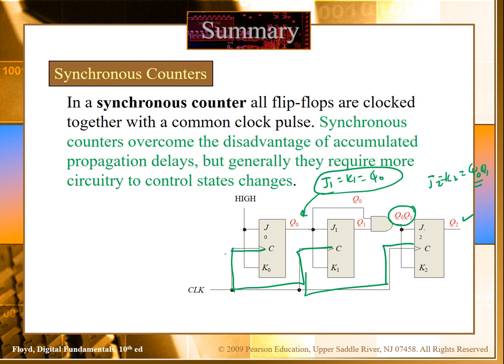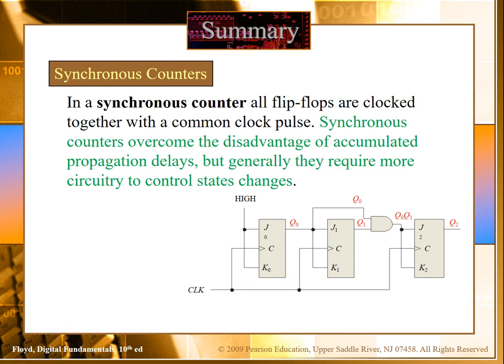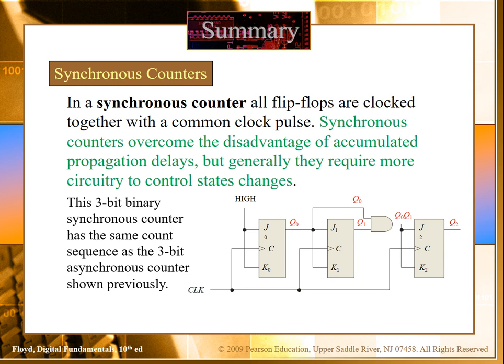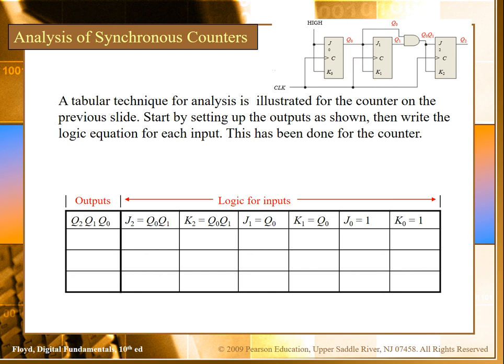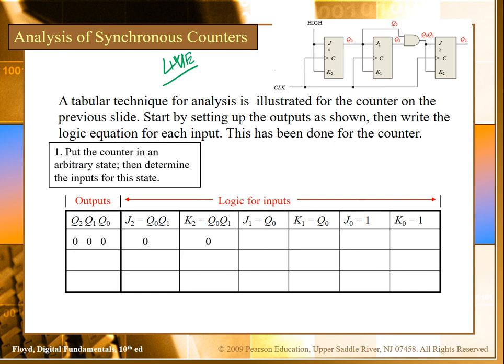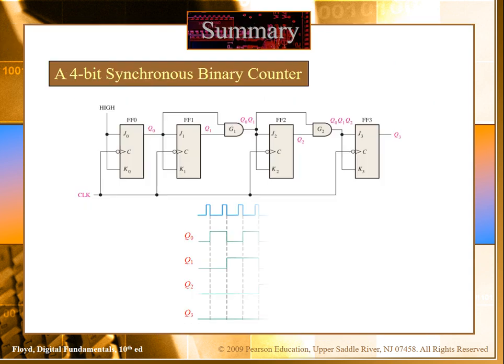We can also draw the timing diagram for this case. That will look similar to the asynchronous counter, but the advantage here is that they are fast counters, because all 3 flip-flops are operating at the same time. To draw the timing diagram, we can actually go in reverse for understanding. I will explain this in the live session, how we can draw its logic diagram or the timing diagram by working in reverse.